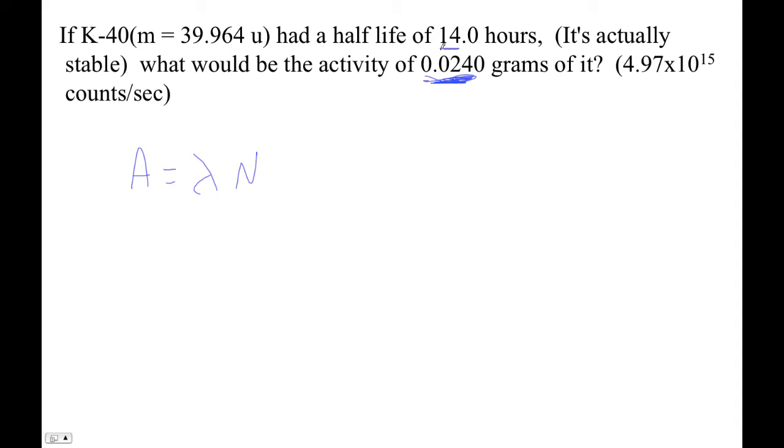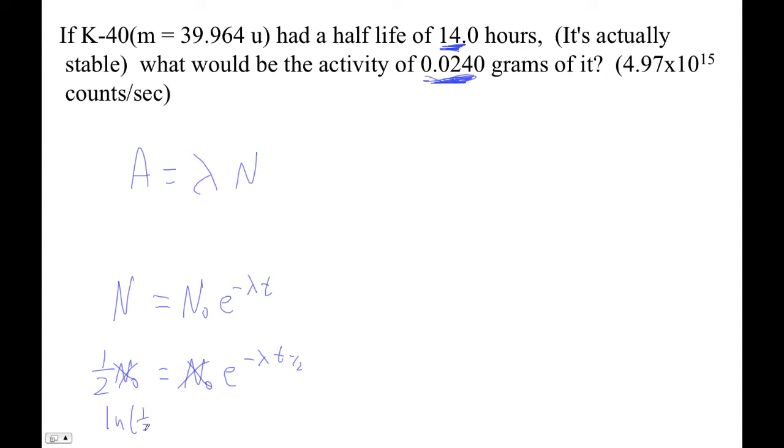Here our half-life is 14 hours, right? So let's figure out the lambda. Half-life is the time it takes to reduce us to a half of what we have left. So if this is the half-life, we would just say 1/2 N naught is N naught e to the minus lambda, and then this would be the half-life. And then of course the N naughts go the way of the bison, and we end up with